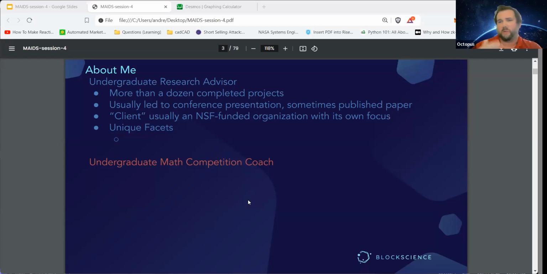And some of this structure that I'm going to be talking about are things that I think would have fit well in that environment. Now, obviously, everyone at Block Science is much stronger than the type of audience that I'm talking about doing research with and that I built these processes on. But it's still, I think, good to see what types of structure can be built and how they might translate to this more mature environment.